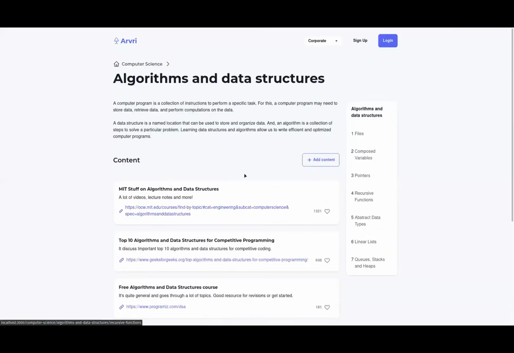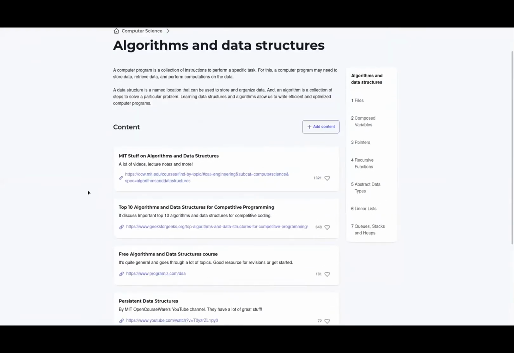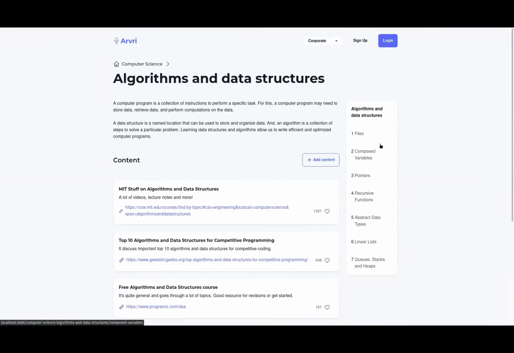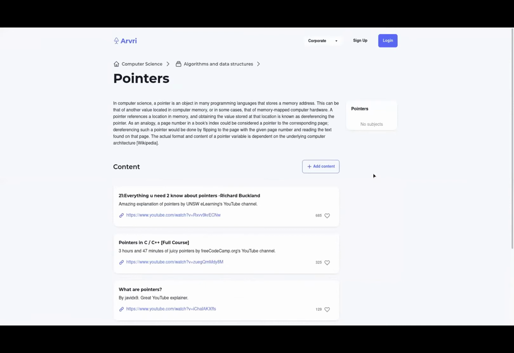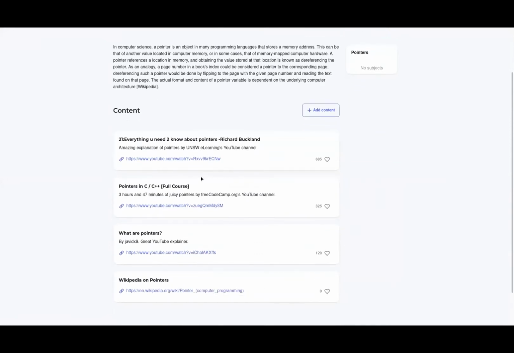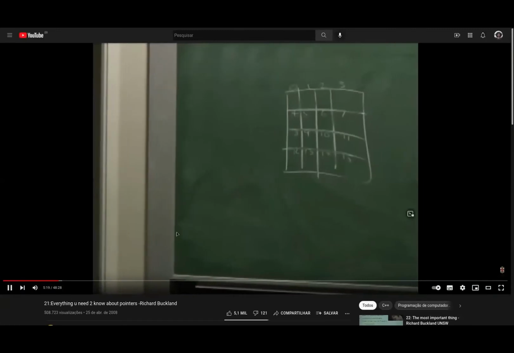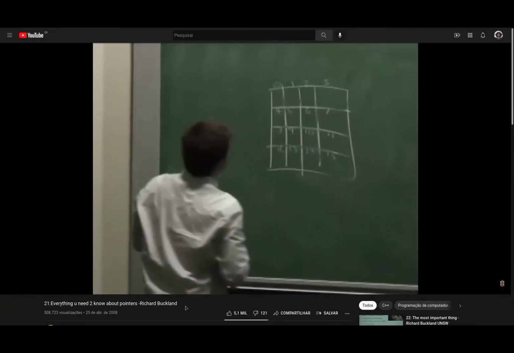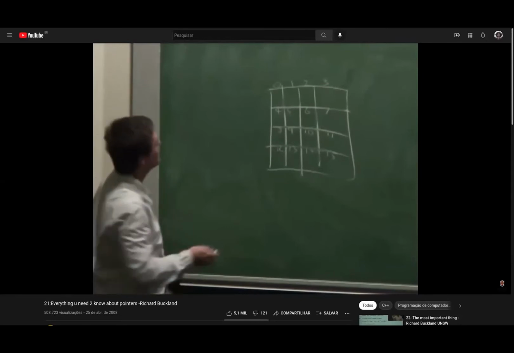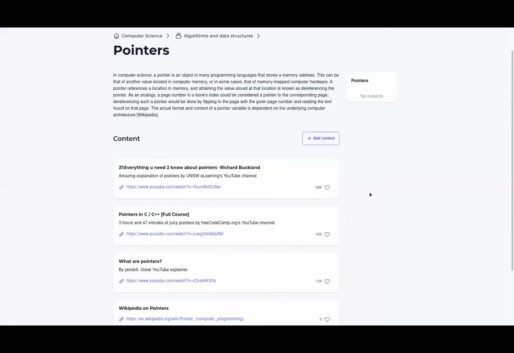Let's go there. You said you wanted to know more about pointers, please. Yeah. Pointers, here. We have a list of more subjects you can go into, and the third one is pointers. Let's get into it. Now you see, here you have a list of stuff only about pointers. All this was added here by students and professors like you and me. And I do recommend the first one with all those votes here. Just click on the link and you'll be redirected to the video. This is one of the best stuff I've ever watched about pointers. Professor Richard Buckland did a great job here. Anyway, let's go back to Arvory.